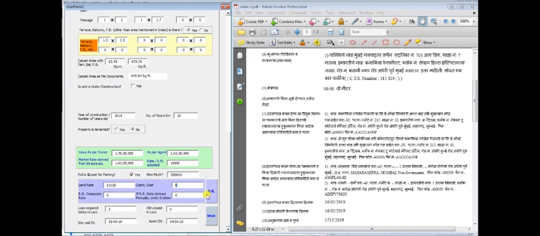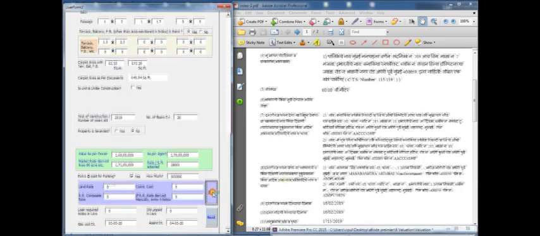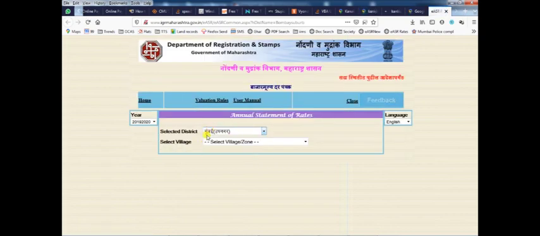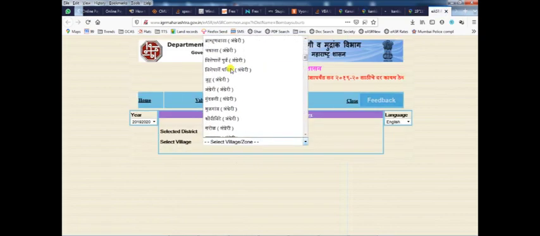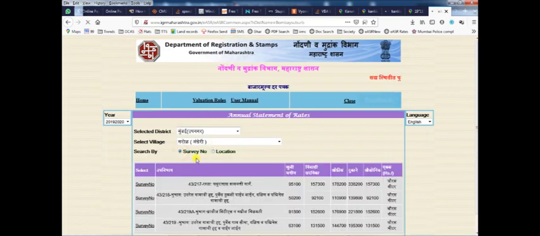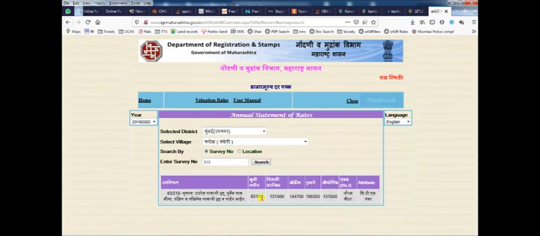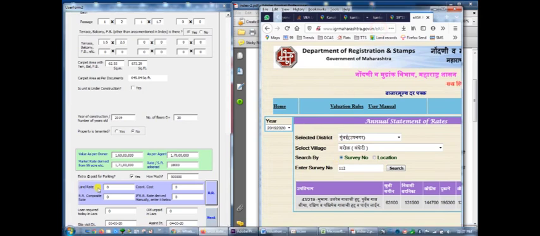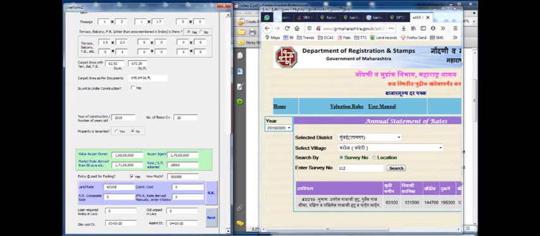Now by clicking this button, we will be redirected to the Ready Reckoner site, and when the site is in Mumbai Suburban, it will directly go to the Mumbai Suburban link. We have to enter the CTS number here only. Now this data of land rate, construction rate of 27,500 and composite rate will be inserted accordingly. If you have manually calculated the Ready Reckoner value, you can insert it here. The site visit date and assignment date are to be inserted here.